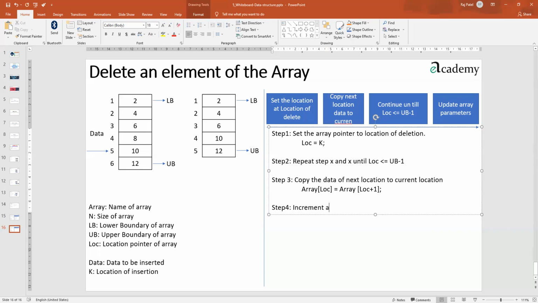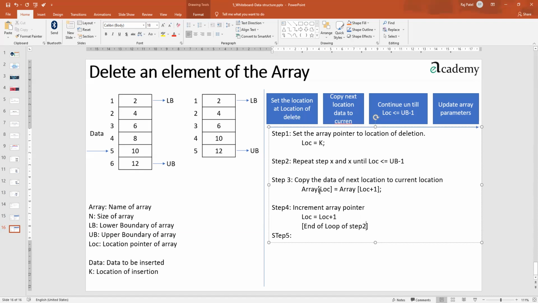Increment array pointer, that is LOC will become LOC plus 1. And after this we are supposed to go back to the upper step, so I'll also mention here, end of loop of step 2. Now it will go back up and again check if LOC is less than or equal to UB minus 1. It will again continue, and this will go on happening.